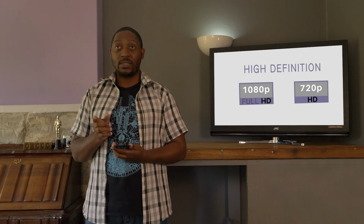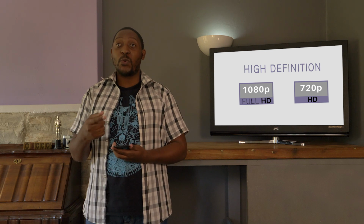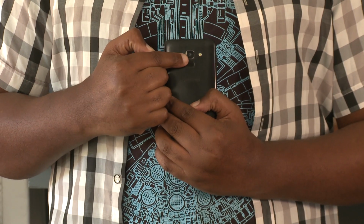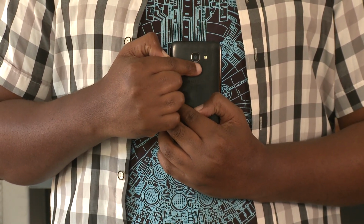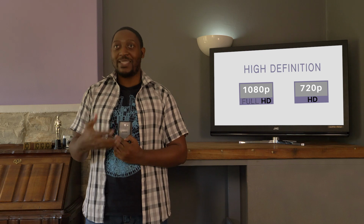Now, the other thing is, when you are looking for the resolutions, make sure you are looking for the rear camera, not your front facing camera. What do I mean by rear camera? This one, right here. This is the one we are talking about. Okay, this is the one that you should use to shoot your video, because that is the one with the